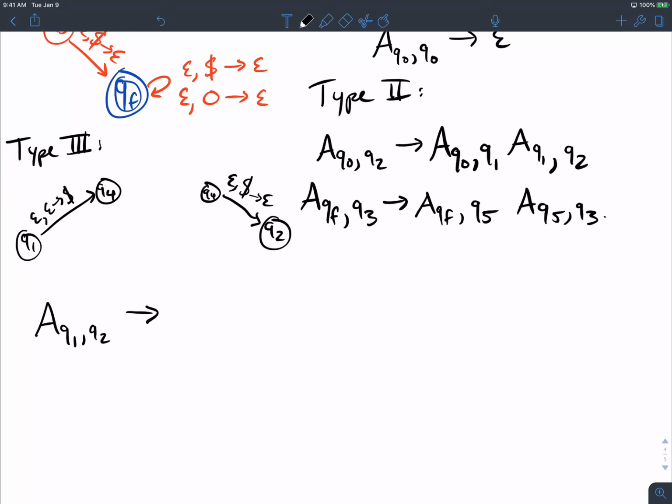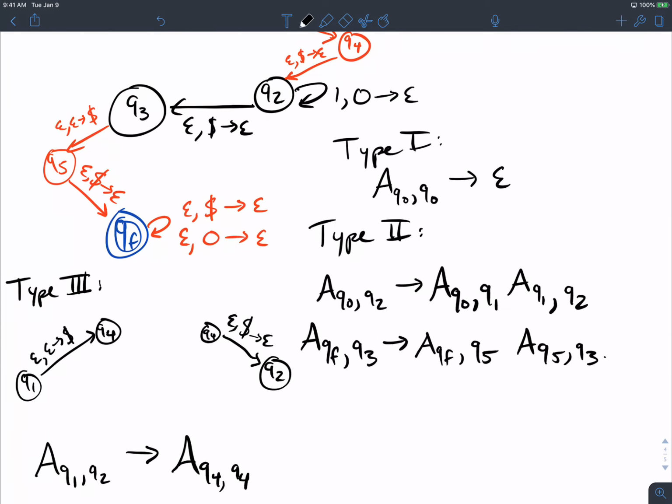So what do we need? We need to figure out what we read on the push transition. How do I get from the Q4 state to the Q4 state? And then what do we read on the final transition, the popping one? What do we read on the push transition? Nothing. So there it is. How do I go from Q4 to Q4? What variable does that? A Q4, Q4. And what do I read on the final pop transition? Nothing. And that's it. So that's a rule that we generate.